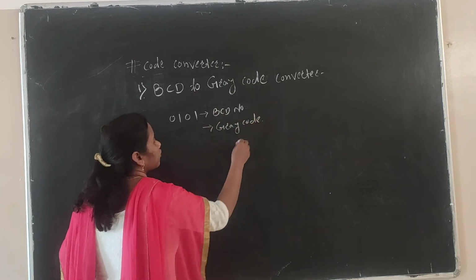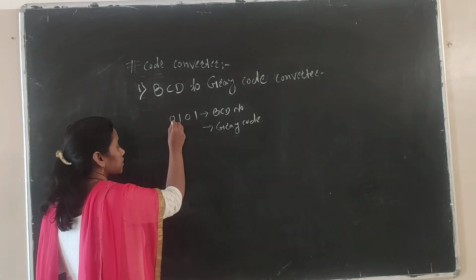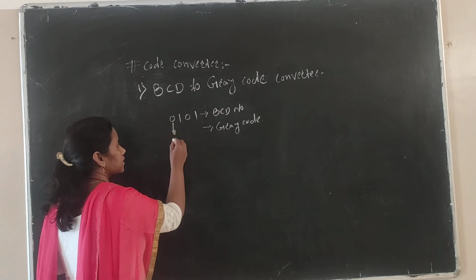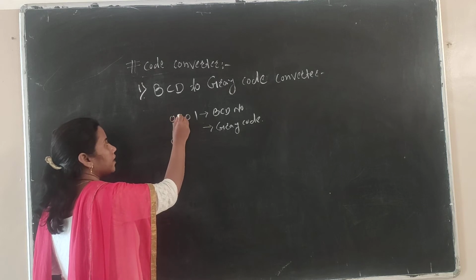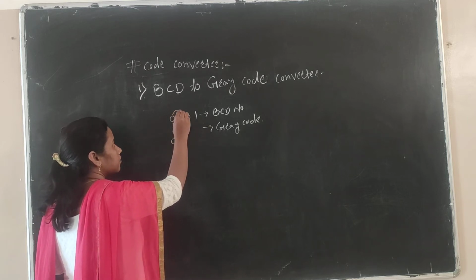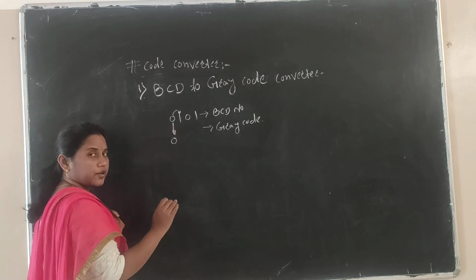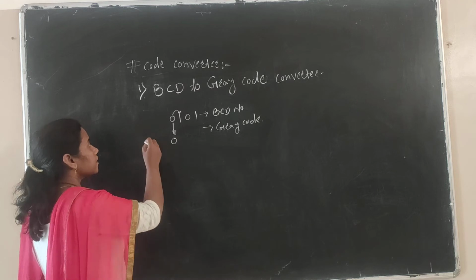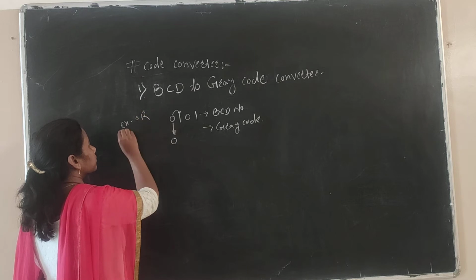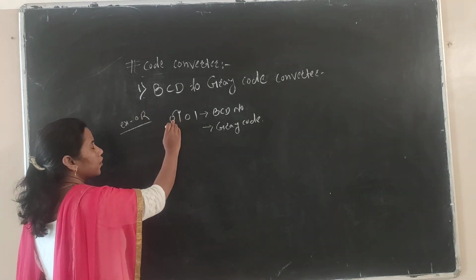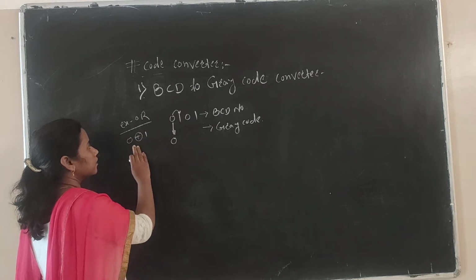How can we convert manually? What is the logic behind the conversion? See, the first digit we have to take as it is. Then the next step, add the first digit and the next digit. That is nothing but an addition of these two, or instead of addition, we say that there is an XOR operation. Here is an XOR. 0 XOR 1, that is the operation.